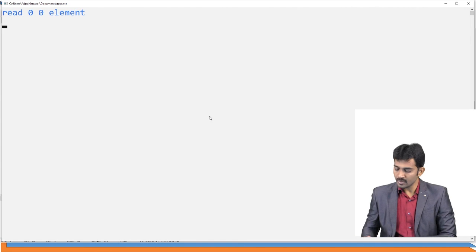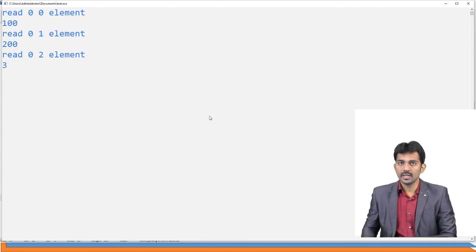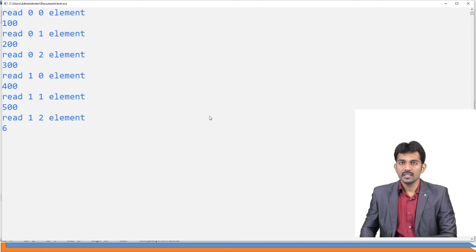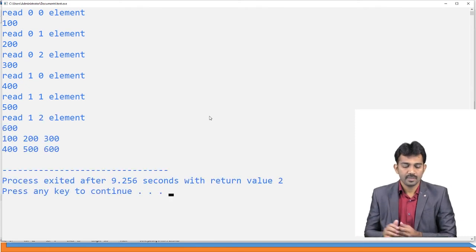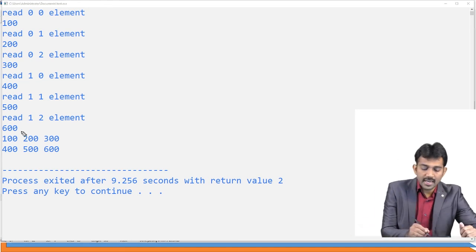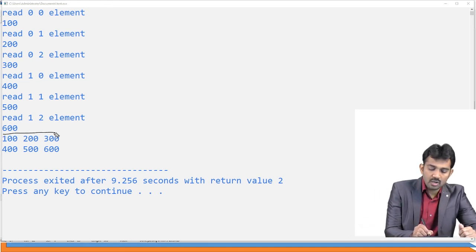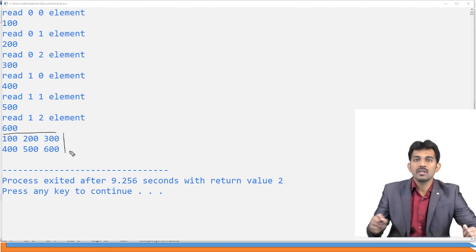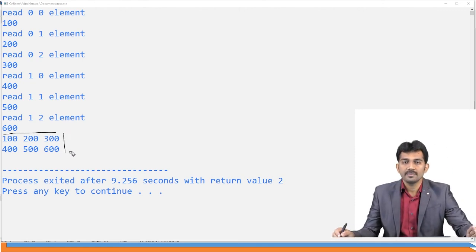Now, if you run this code, see, 100, 200, 300, 400, 500, 600. Right? Got it? Now the data is displayed row and column wise. Is this clear?